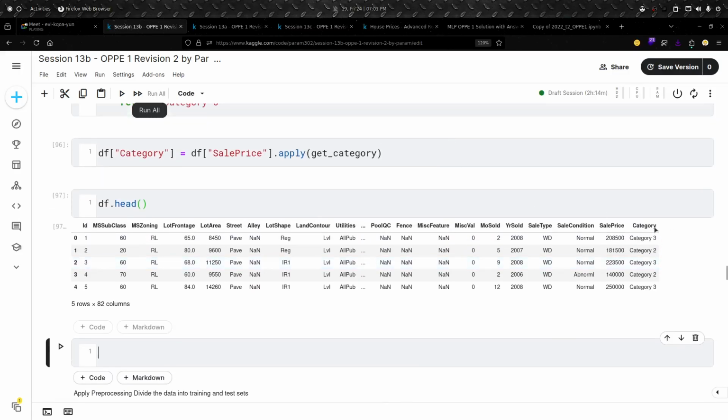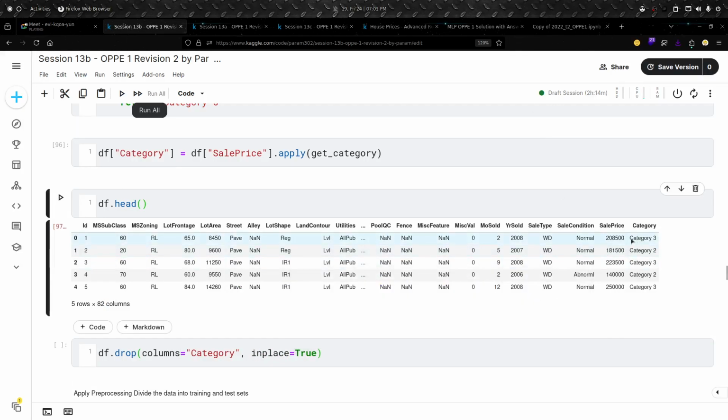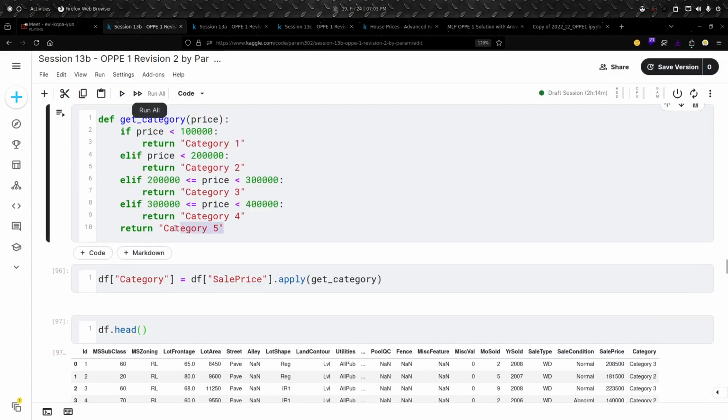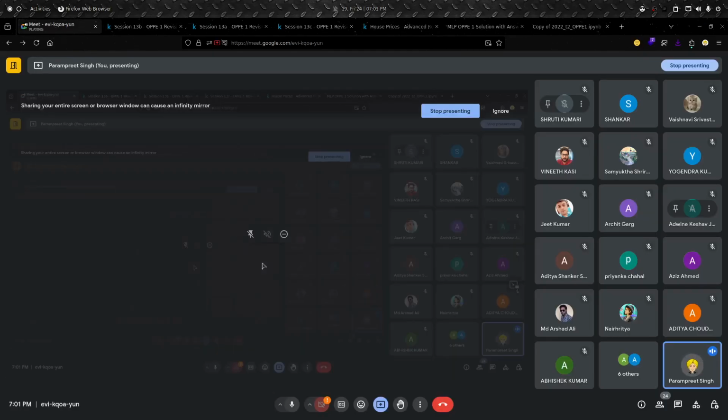Just before doing that, I will remove this category column, because it will lead to data leakage, and we have created this just now. So drop the category column. How will it cause data leakage? Category is representing that if the category is higher, then the price is higher. If the category is 1, then the price is lower. So we will get some kind of idea, right?